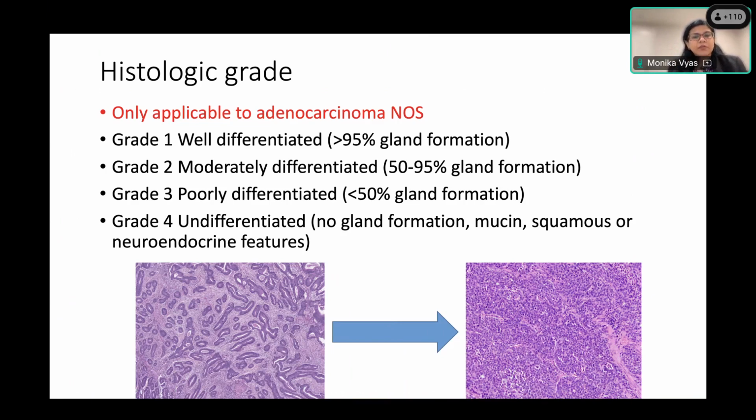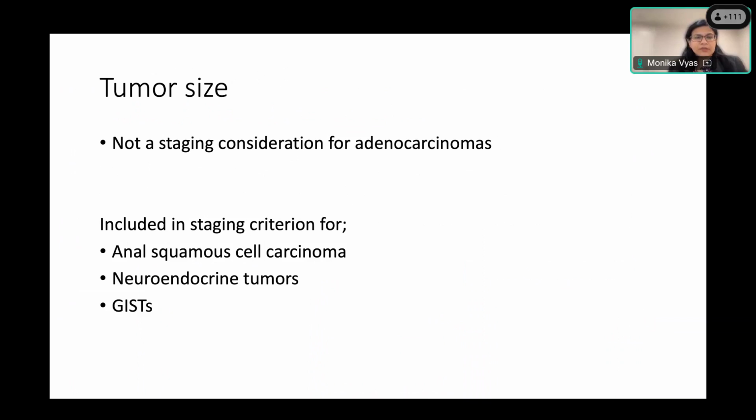Now, if you see poorly differentiated features focally in a well-differentiated neoplasm, especially in a local resection specimen, I would still mention that there is focal either high tumor budding or poorly differentiated clusters, because that could impact the decision making depending on other parameters taken together. So it's always a good idea to mention any poor prognostic factors that you're seeing in the case.